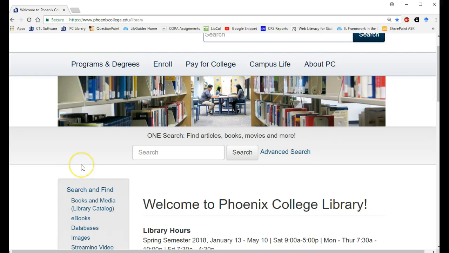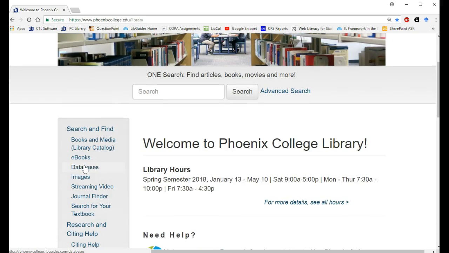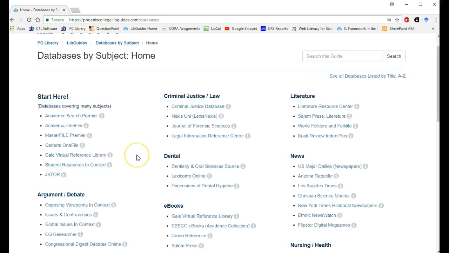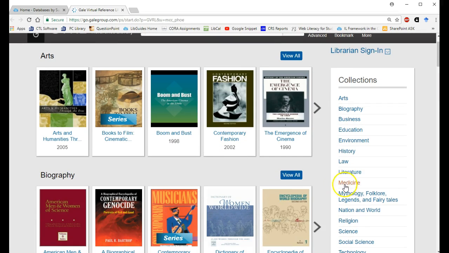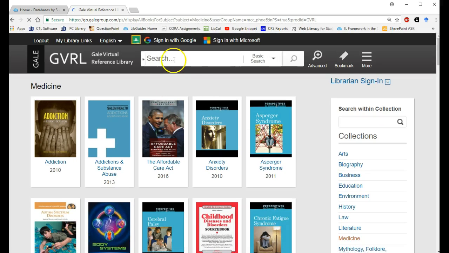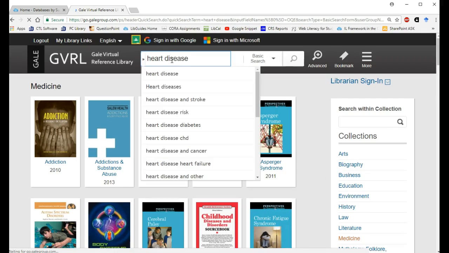But before I get into that, I did want to show you a general database that you might also want to use that can help you answer questions for different class assignments. So I'm going to go into databases, and I just wanted to briefly show you Gale Virtual Reference Library. This is a collection of a variety of different specialized encyclopedias, including a set that's under medicine. So I'm clicking on medicine, and I'm just going to type in heart disease just to give you a sense